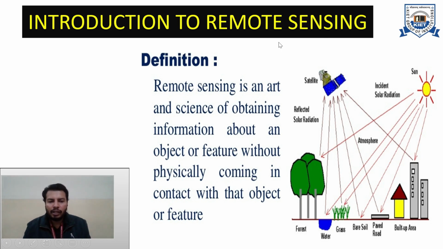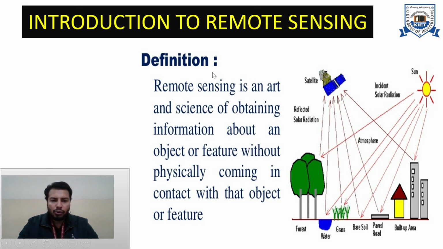So what are we doing in remote sensing? We are obtaining information about a particular geography, place, or operation, but we are not personally going there, and we are not physically obtaining that data. We are at some distance or remote location, let's say in our office, and we are trying to obtain data of a far place. Such operations, in which you need not visit the site physically but can still have information about that place, are called remote sensing.